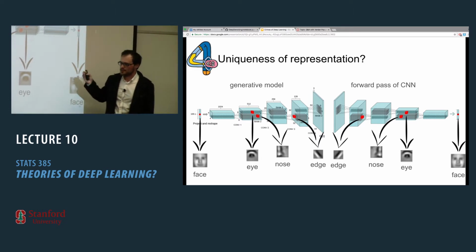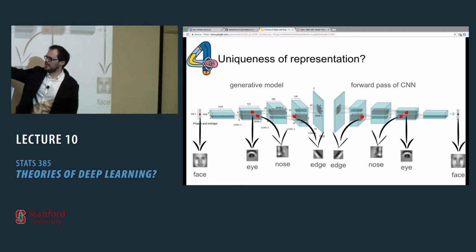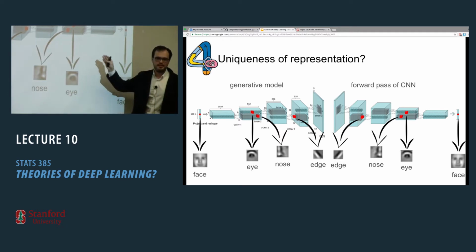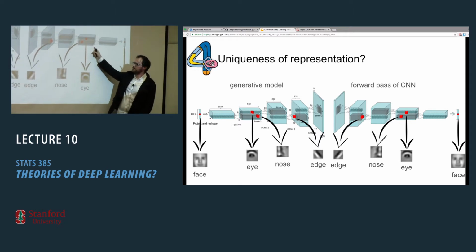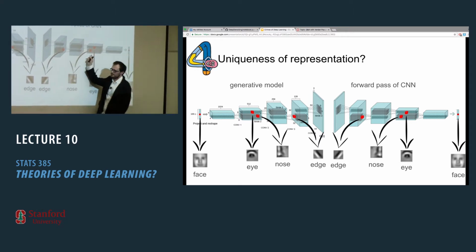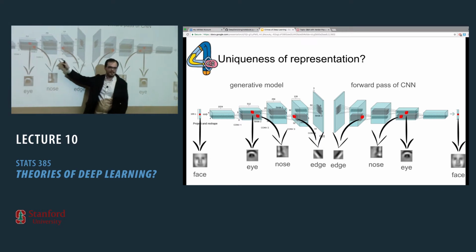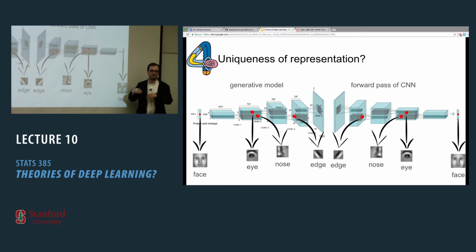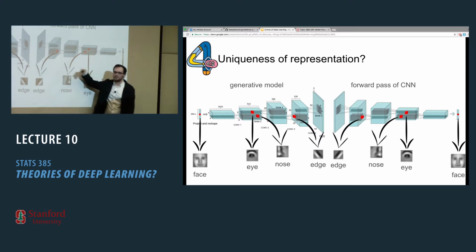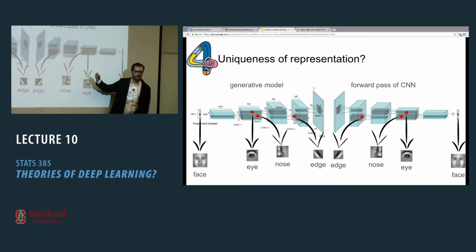Another question is uniqueness of representations. So you're talking about generating data and then doing inference. And you're asking, can you go from this image to a certain feature map, and can this feature map be the same as this feature map? Now, if you're trying to go from an image to a feature map, this feature map has to be unique, right? Because if there were two different feature maps that can create the signal X, the image here, then it would make no sense to ask whether this thing can retrieve the original feature map that created it.